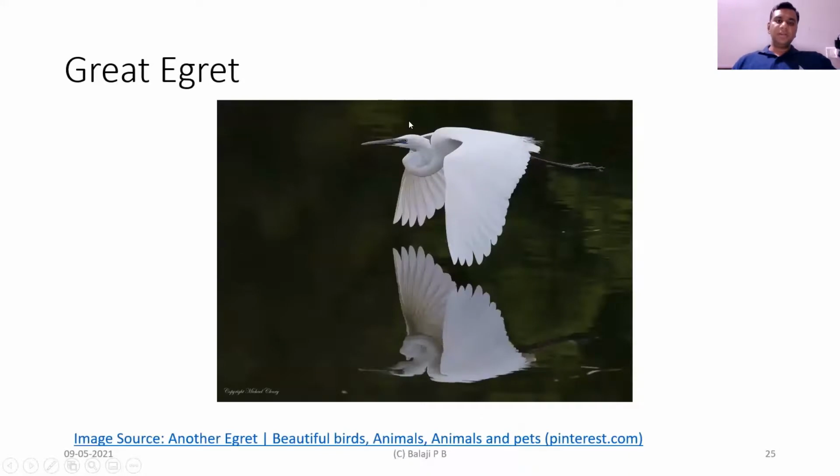If you look at this, this is the great egret in the breeding plumage. You can see that it has a completely black beak and black legs. And you can see that it only has plumes on the mantle, no plumes on the breast or on the nape. And it has this very greenish lores, the area between the beak and the eye. So this area is greenish. This is very, very pronounced in the great egret.